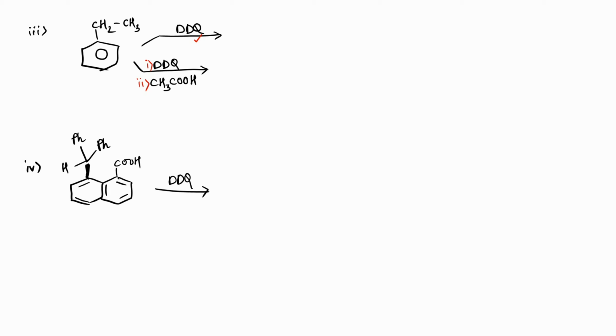As I said earlier, if there is a benzylic carbon present with hydrogen atoms, then that compound will lead to the formation of unsaturation. So the expected product from the first reaction will be a benzene ring with a carbon double bond, CH2. So this is the product which we get in the first step of reaction. Now if you observe carefully, in the second step of reaction, the product we get will not be the same as in the first step because we are using CH3COOH.